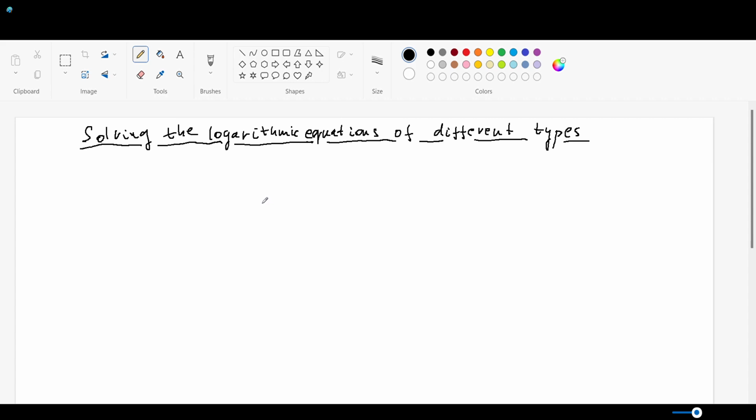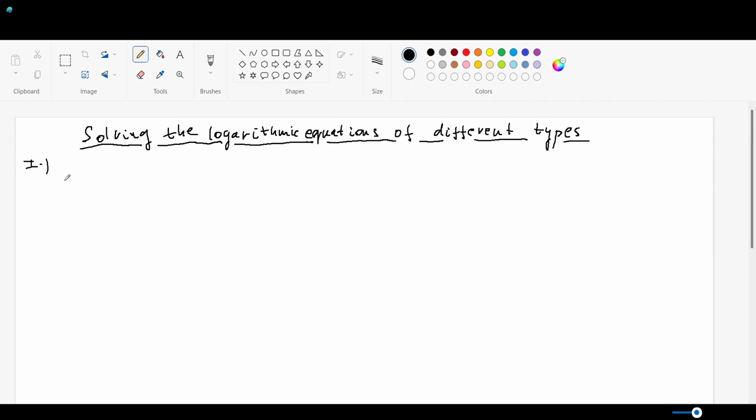In today's video, I want to go through the topic of solving logarithmic equations of different types, which basically means that you can find 4 or 5 different types of logarithmic equations, and the first type is, let's say, called the common